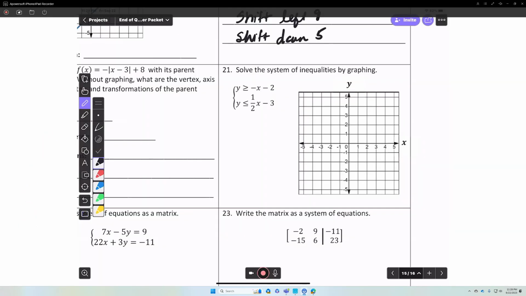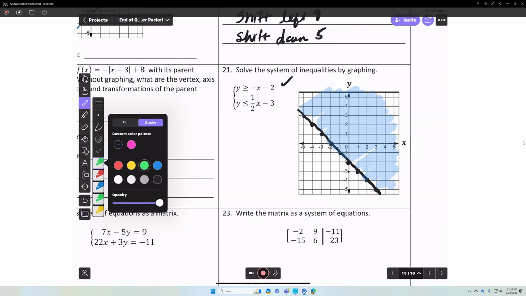Number 21, solve the system of inequalities by graphing. So you go to the y-intercept here, which is -2. Go down 1 over 1. And you can repeat that process, connect the points. The boundary is solid because it's equal to. We're going to go ahead and shade up. Now we're going to go ahead and